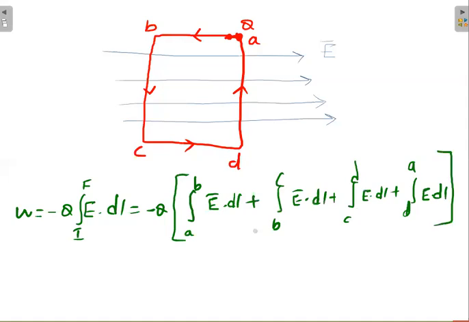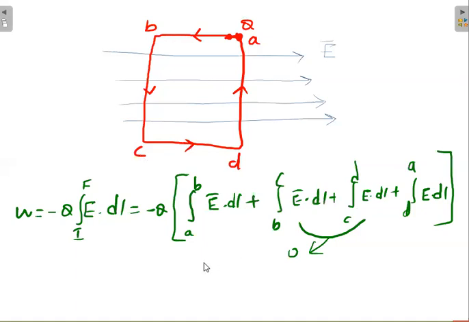You know, these two values are zero. Their contribution is zero. Why is their contribution zero? See, the electric field is going in this direction, but your charge is moving in a perpendicular direction. So theta is 90 degrees. Whenever theta is 90 degrees, if you take the dot product, cos 90 is zero. Definitely the middle two components will give you zero. Then you have to concentrate on the extreme components, this path and this path.